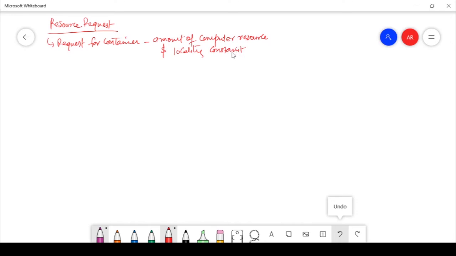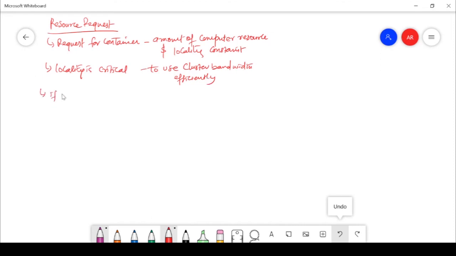The amount of compute resources we need to allocate, and we need to find that node manager where the compute resources are available, and the locality constraint means where the data is in that particular machine, we'll try to put it there, right? So this is a resource request, and we can say locality is critical. I hope you understand why data locality is critical, just to use the cluster bandwidth efficiently. Why? Because if the data locality principle is not adhered to, then the data needs to travel again, and that will take a lot of bandwidth of the cluster. So this is also important.